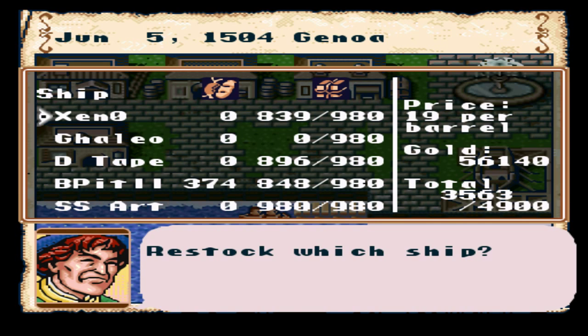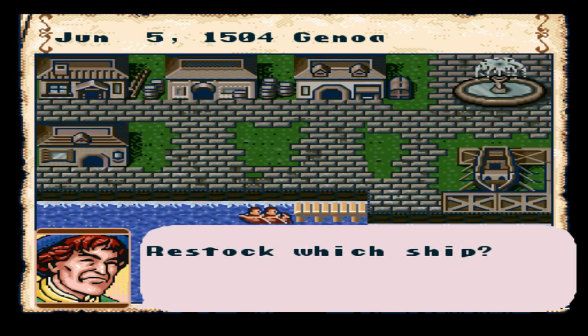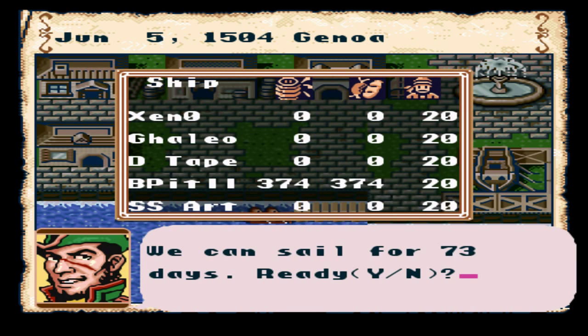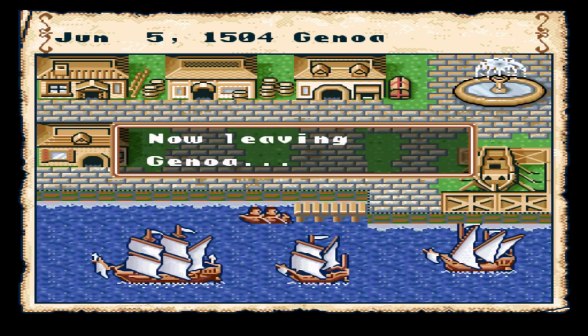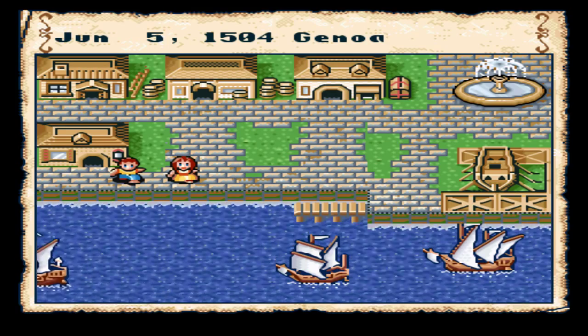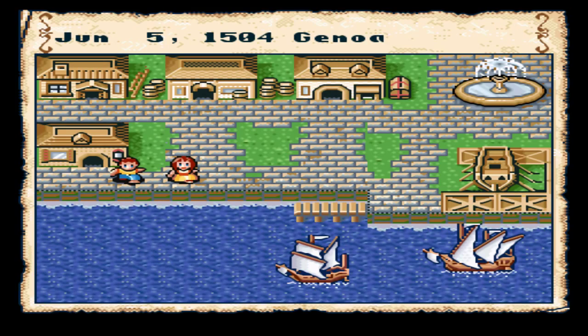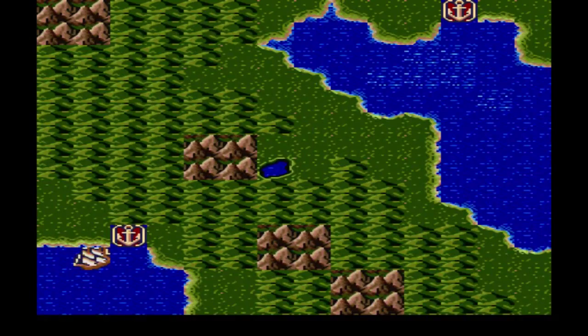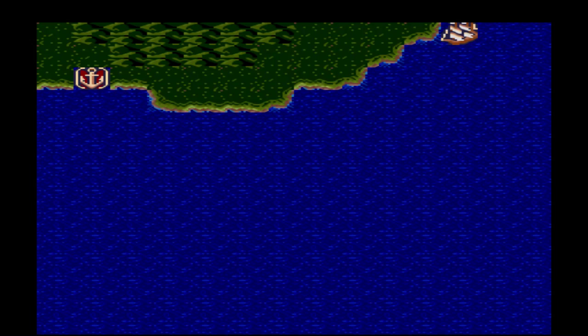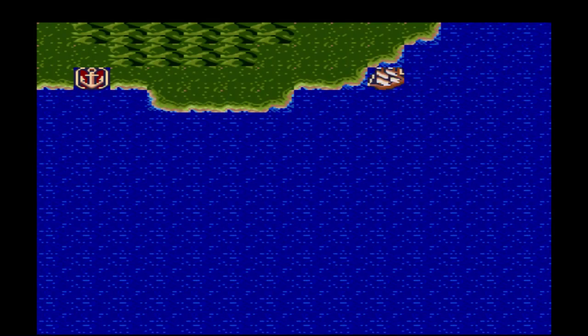We just lost 300,000 gold's worth of ivory. We only need to pick up 20 more. We'll probably buy more than that, though. 73 days should be more than enough. We're going to go to San George, I believe, and pick up some ivory. We'll probably frame skip most of the way there, because it's not the most interesting voyage. It depends on how many storms we run into, basically. I guess it's more interesting than the Mediterranean, but...